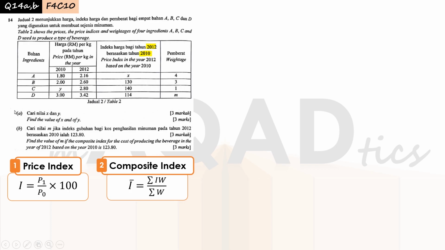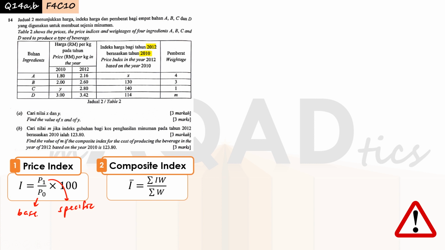In part A, we need to find the value of x and y, which are the two values in this table. Here x is the price index and we need to use this formula. But let's understand this formula a bit. What is P1 and what is P0? Because sometimes a lot of students will mix up these two values. P1 here is called the specific,